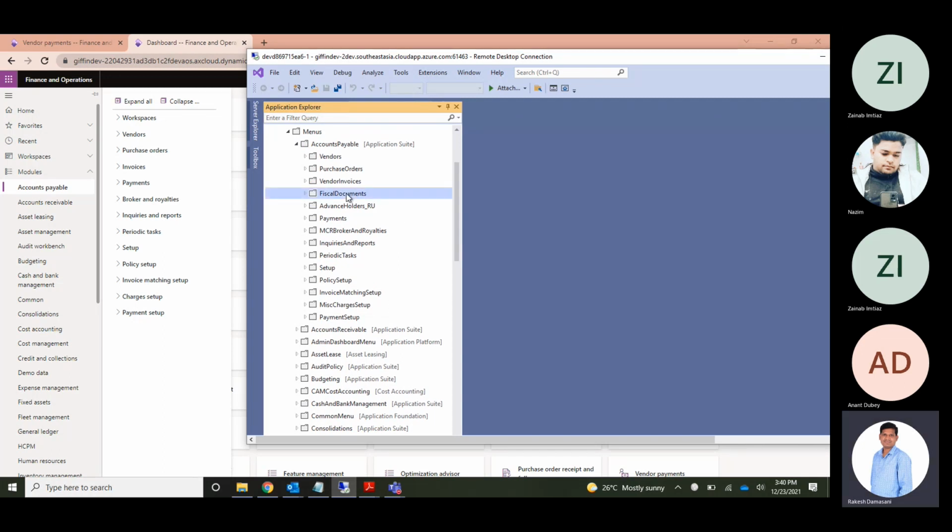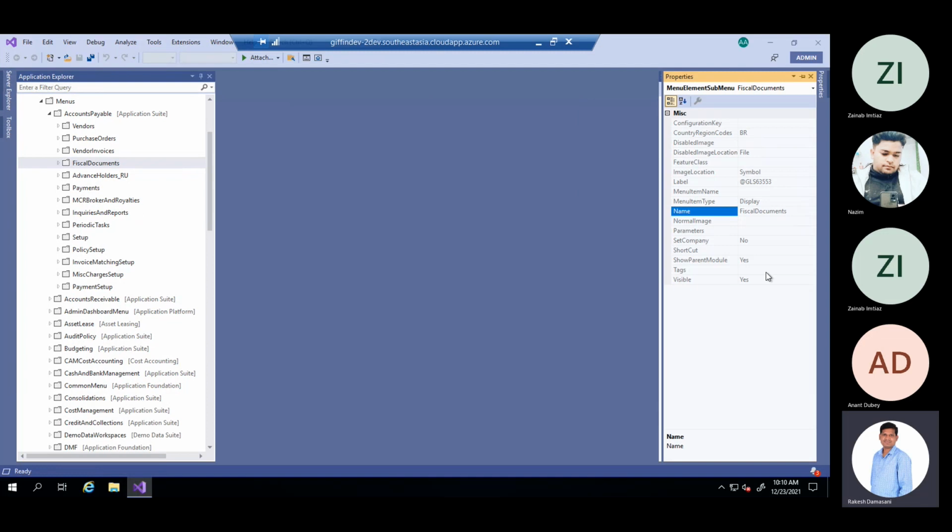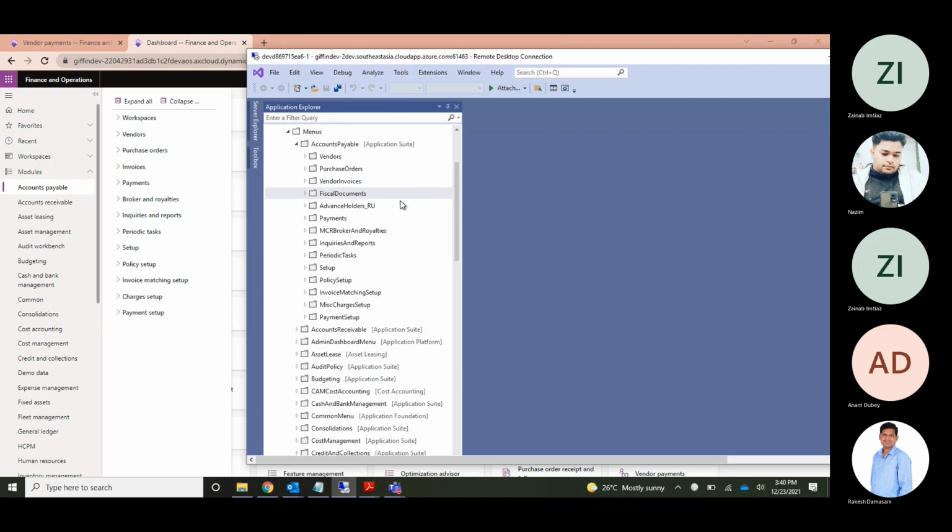Actually, here it is physical documents. Maybe some properties are there which show whether it should be visible or not, and the label is definable. It says physical documents, and we have payments. We have setup, payment setup, miscellaneous charges setup. This is again the backend.